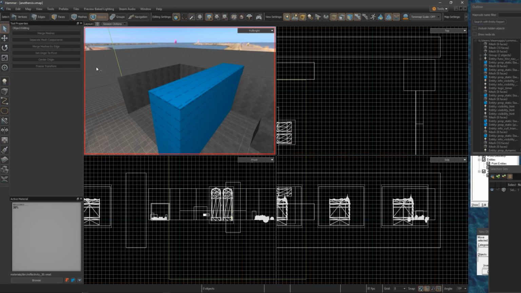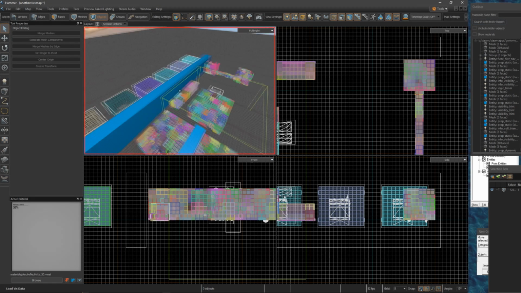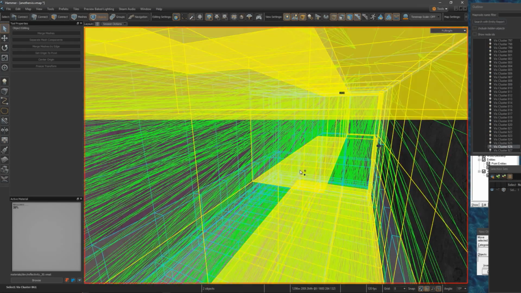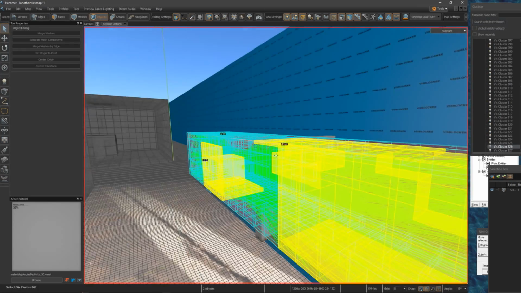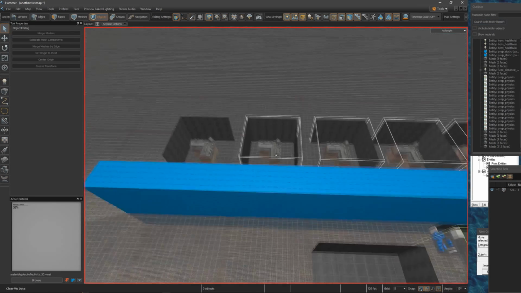So let's go back to Hammer, and we can go up to Map and hit Load Compiled Viz Data. This will allow you to see all of the Viz clusters in your map in the editor. You can select 2 different Viz clusters and it will show you the lines of sight between them, just like we did in game. Over here I have 4 identical rooms, but the one on the far left is empty